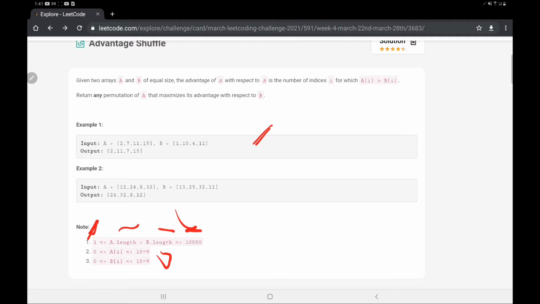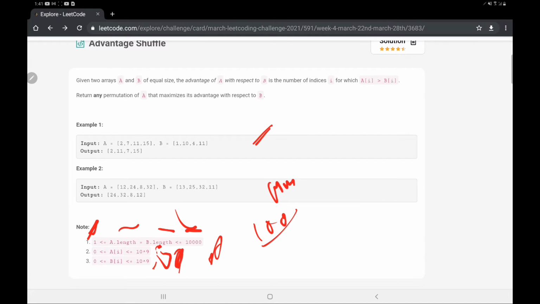And as we can see, the values in arrays A and B can range from 0 to 10 to the power 9. That can be huge values. Because of these huge values, we can't use things like hashing. If the values were like 100 or 1000, we could create a hash, but these range to 10 to the power 9, so it would consume a lot of memory.